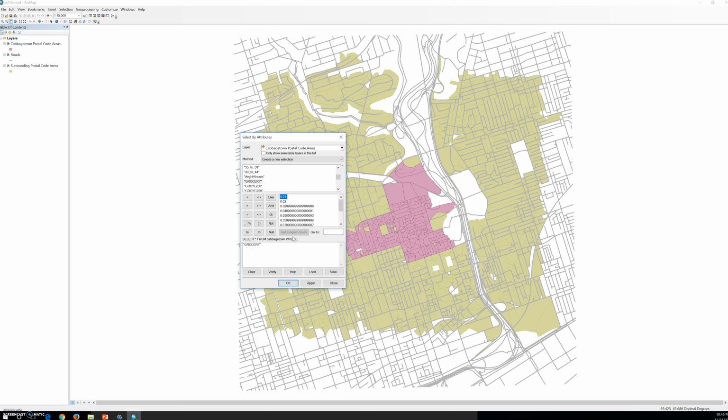And we're going to double-click grocery, and then you can see Select from Cabbage Town where grocery, and then we're going to click the less than button. Less than. And click Get Unique Values. I already did, and then we're going to type 0.0